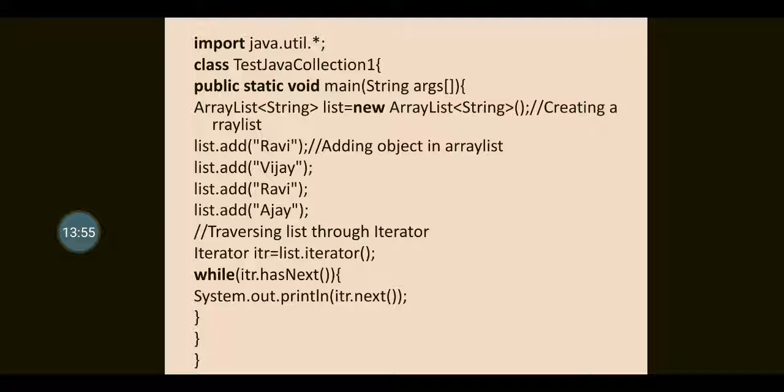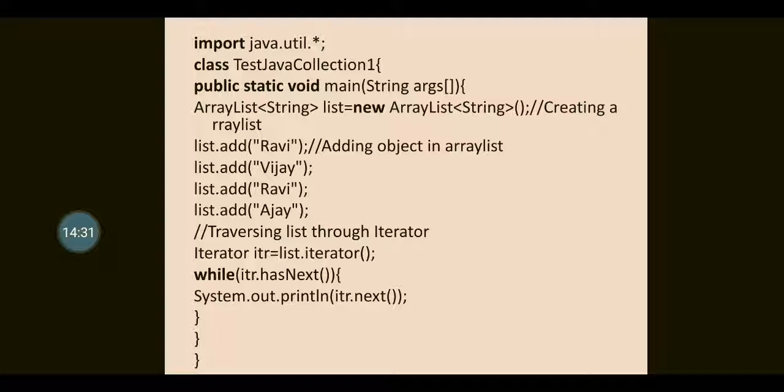the duplicate elements. And also we have seen that in order to traverse, in order to access the elements of a particular collection, we are in need of either an iterator or an enumerator. So with the help of the iterator, we can access the elements. For that iterator, we are going to create the object itr and list.iterator of. Here list is the object name of the particular class. Dot iterator of is the method. With the help of the iterator method, we can traverse the elements.